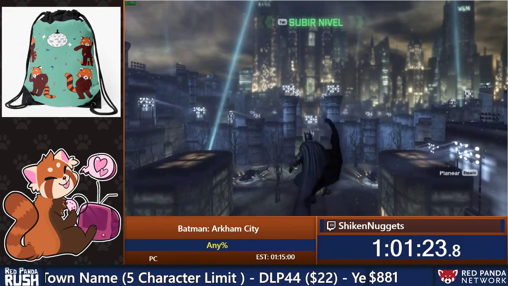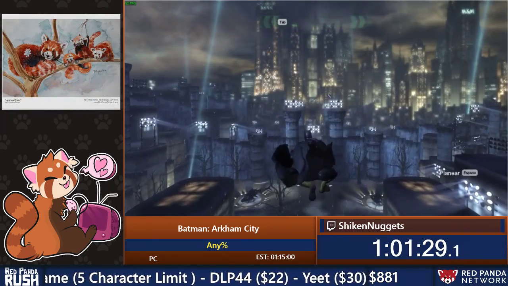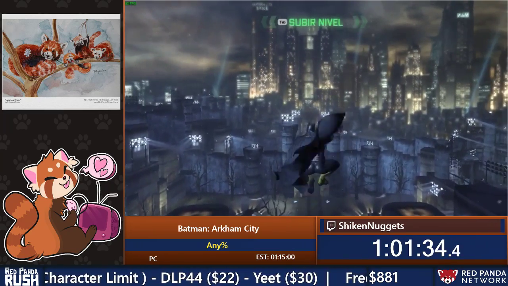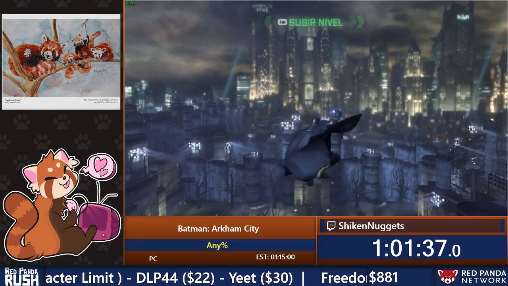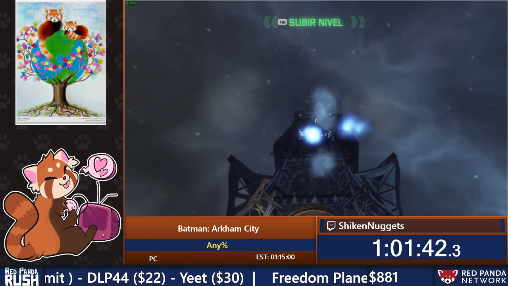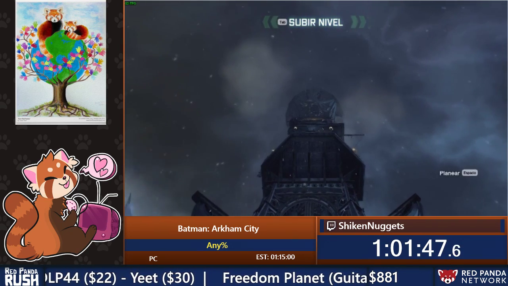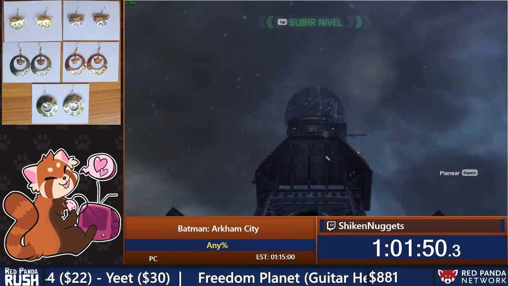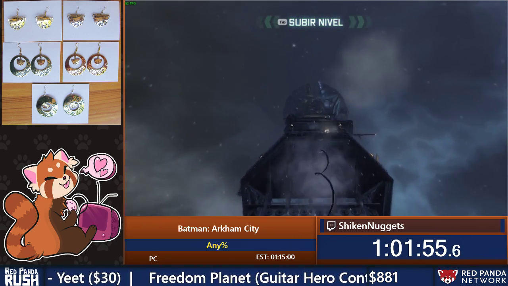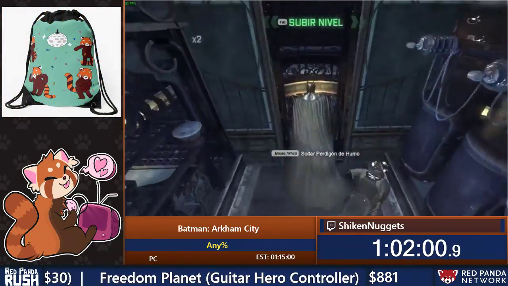10. 20. 30. 35, 36, 37. 40. 50. 55, 56, 57, 58. So that should be good. I've never had it not load in with 58 freeze grenades, so...